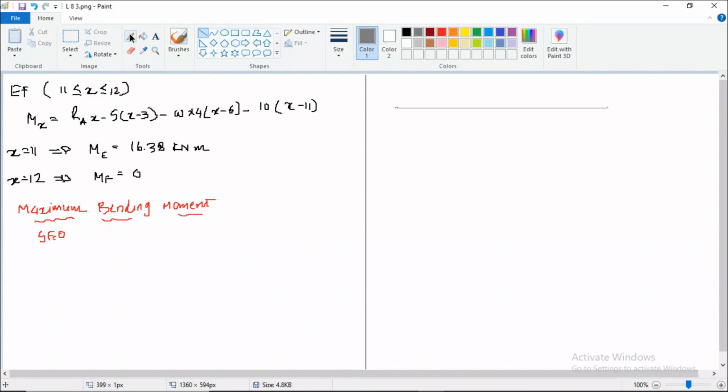So let us say this is our beam, which is given to us. This is simply supported over here, a roller support on this point. We have a 5 kilonewton load here, then we have a UDL in between, that is 3 kilonewton per meter, and we have a 10 kilonewton load here. This is the data given to us. The distances are 3 meter, 1 meter, 4 meter, again 3 meter and 1 meter.